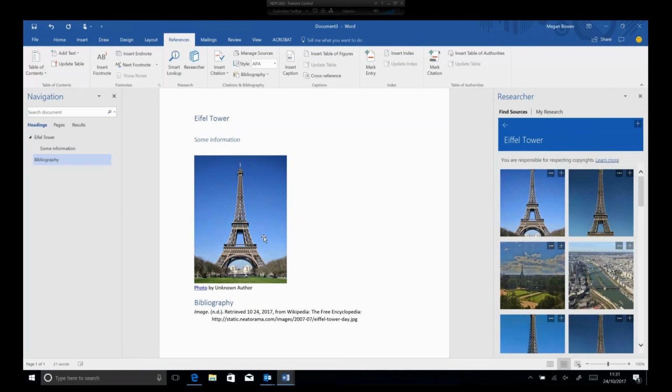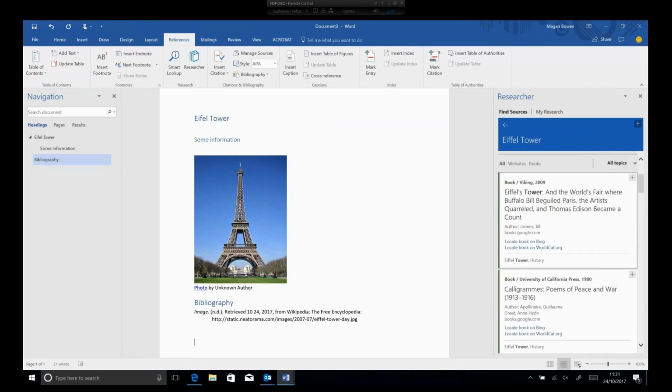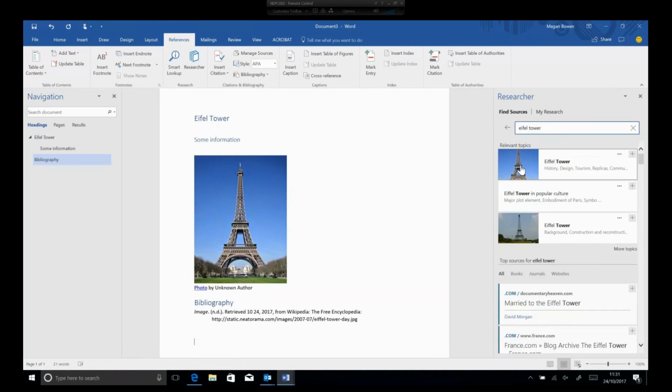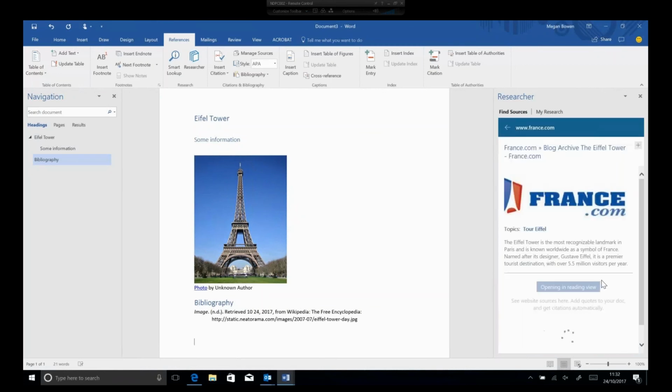Scroll down to here. I want to add some text in, and again, I think I need a description of the Eiffel Tower. Click on this website, it opens in reading view. Just click there. And I can highlight this text,